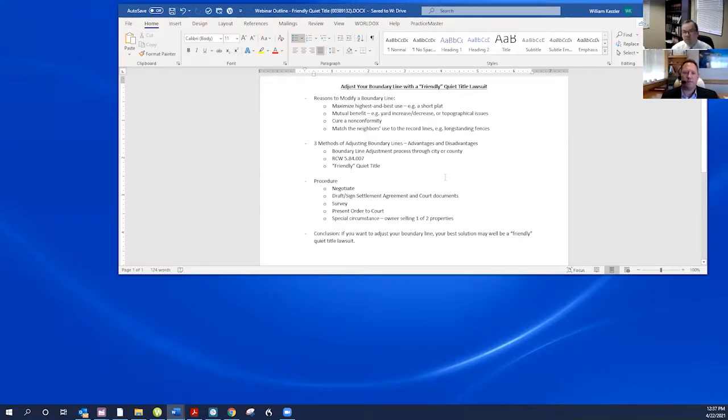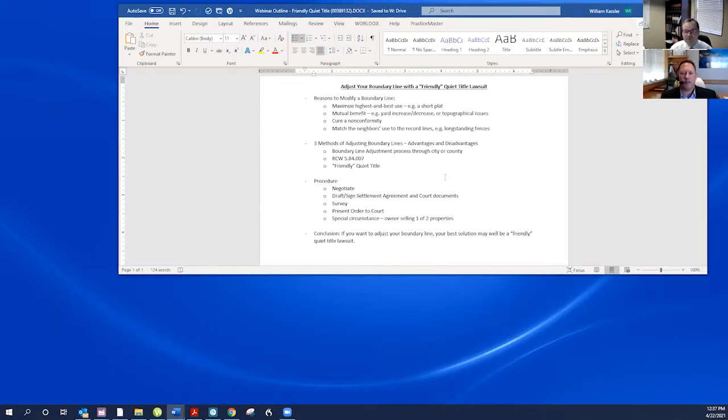And there is no requirement, statutory or otherwise, that the resulting parcels at the end of the day be conforming lots. So for example, suppose you live in a city where the minimum lot size is 10,000 square feet. You and your neighbor on paper each have a 10,000 square foot parcel, but their fence is 5 feet onto your property, and they have adversely possessed that 5-foot strip for the last 20 years.